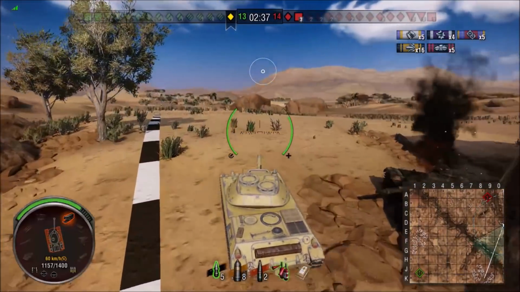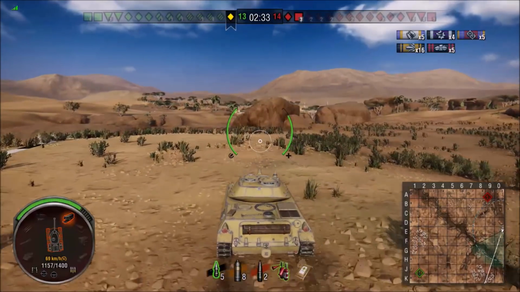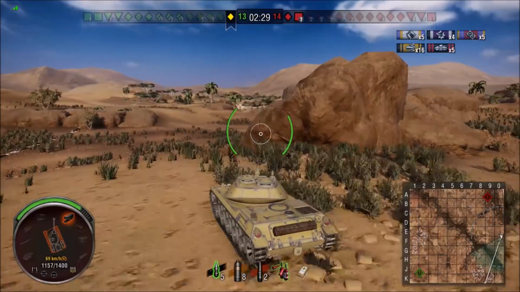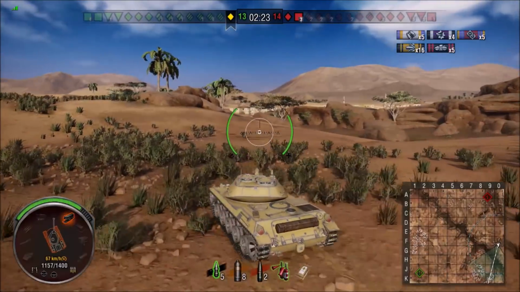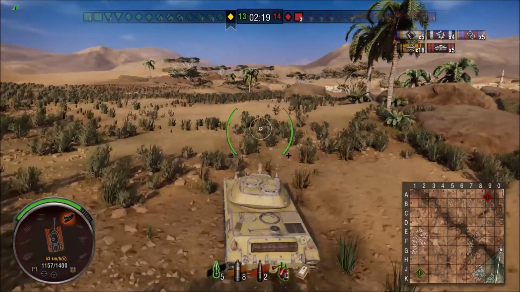T-49 and artillery left. Now, the trick here is I have to find them, because otherwise this is a losing game. So far it's been a fantastic game, 16 pens, 5 kills. I have to find them, you know. I have to take at least one of them out in order to give my team a draw. But